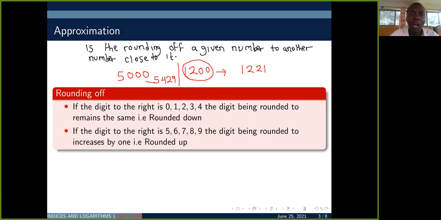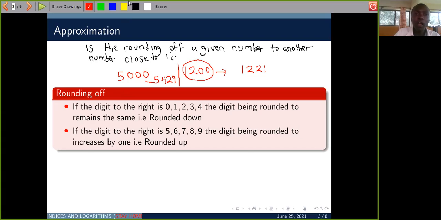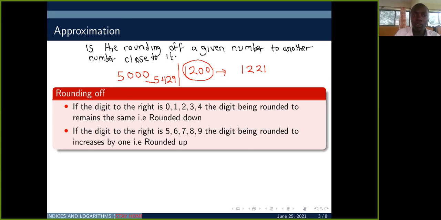So that's what we are going to be looking at. We are going to look at how we approximate, how we round off numbers such that we get a precise answer, but one that is very close to the right answer. So we are going to look at rounding off. Rounding off has 2 rules that govern it. The first rule,